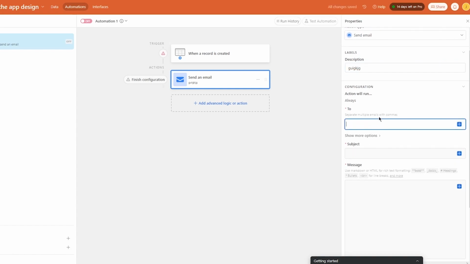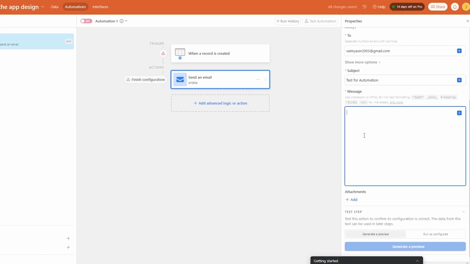Configuration. Now, select the email that you want to send it to. I'm going to choose my spam email, okay? I'm going to choose a spam email that I want to get this on so I can test it and actually show you that this stuff works. Let's choose the subject. I'm going to call it test for automation. And once you've chosen that, you're going to write a proper message like, hi, this is just a random test for